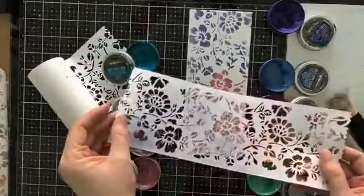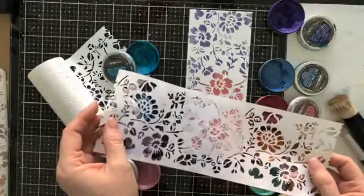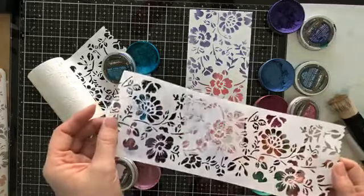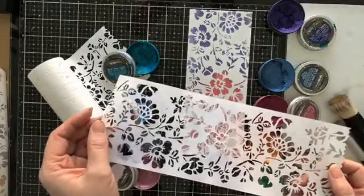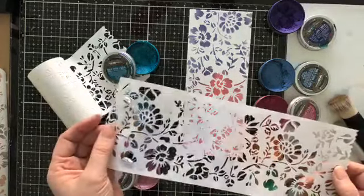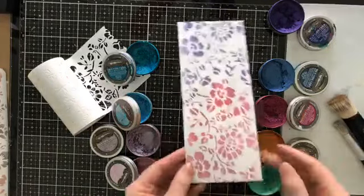Now, I don't need to throw this away. What I do is I just stick this on the side of my work surface. With the waxes, you don't even need to clean it unless you're going to use it right away. If you want to clean it, wipe it with a wet wipe or a paper towel. But with the waxes, they seal themselves, so it's not going to transfer in about 10-15 minutes. It's totally dry and sealed. So I'm going to just stick that on the side of my surface, and we're going to go ahead and